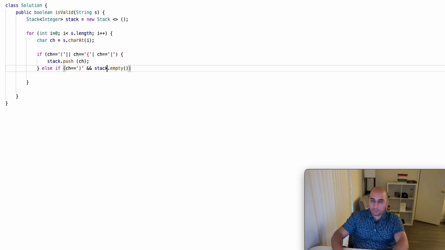So if it's not empty, we need to check the peek of the stack. Basically peek is when we are checking the top without actually taking it from the stack. This method, if it equals